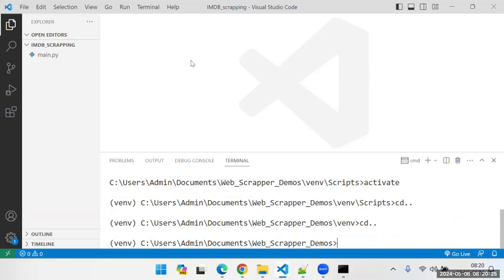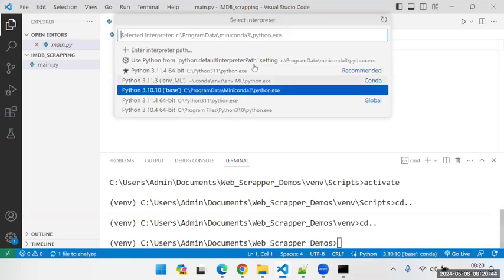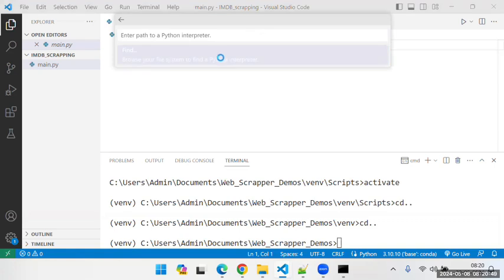And now I will open the main.py file. The moment I do that, it will identify this as a Python file and it will try to get an interpreter, as you can see at the bottom of the VS Code over here. By default, for some reason, it always chooses the Miniconda Python, which I don't want. I always use it only for data science activities. So I will enter the path from here